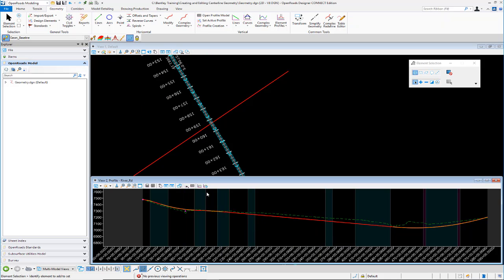So a good way to check that is just hover your cursor over the element and select it, and you can see that all the elements are now connected and they're all complexed together, and they create the vertical geometry for River Road. So when you're done reviewing, then you can just left click